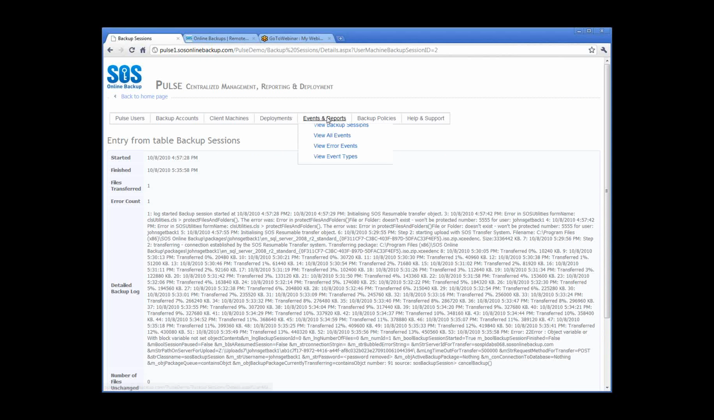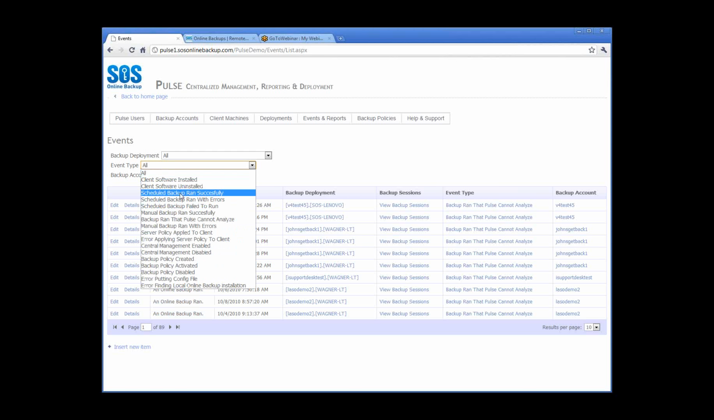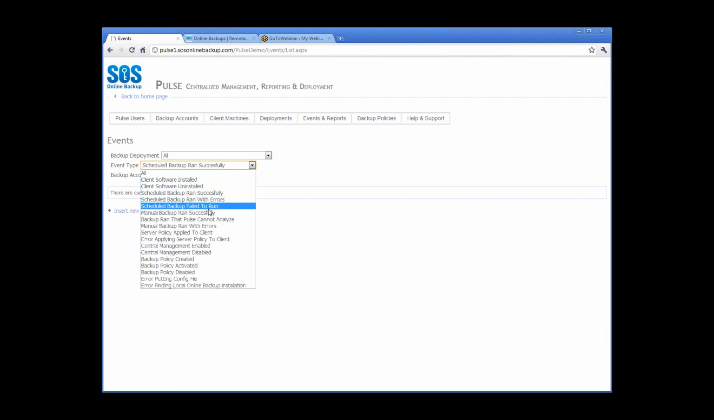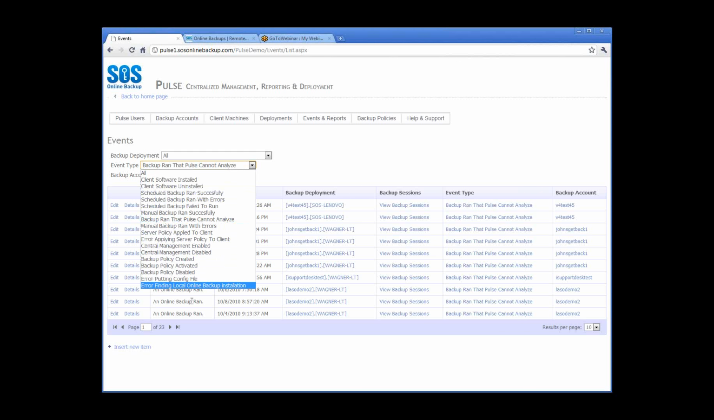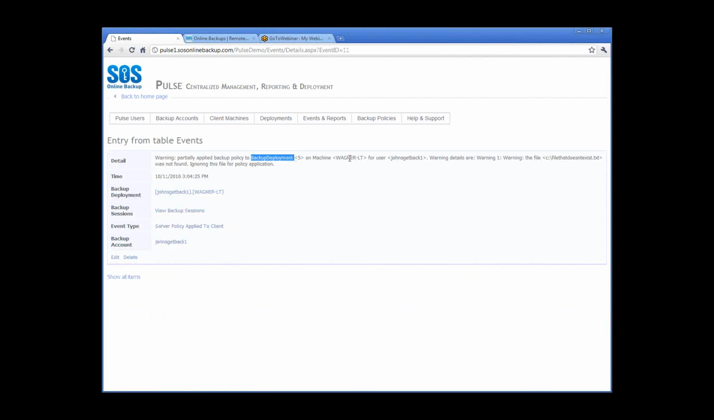If we look at some of the other events that we might want to look at, we can go to all events and then just filter it and cross-reference it by anything. So if I want to, I can filter it by backup account or by event types, usually a good one. So if I want to look at my scheduled backups that ran, so on this system, yeah. If I want to see scheduled backups, I can filter by those different event types. If I want to see server policy applied to client, this first one I can see a warning, partially applied backup policy to backup deployment 5 on this machine for this user. Warning details are